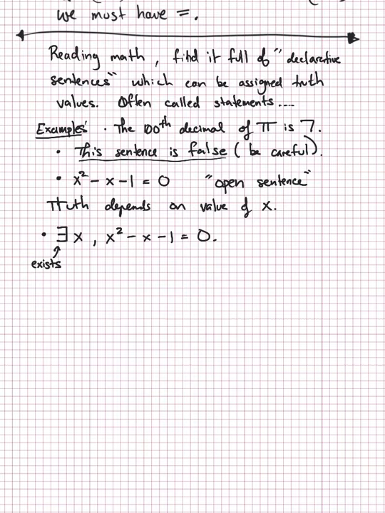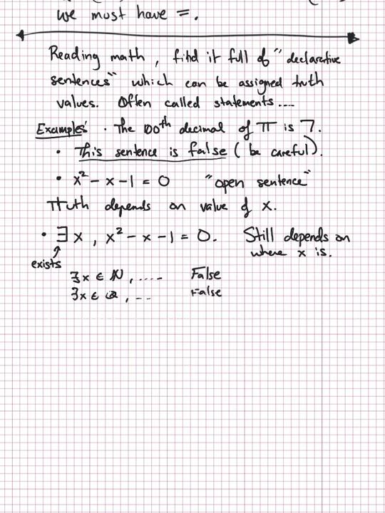But even here you have to be careful. It still depends on where x is. So what is x an element of? In other words, you have to specify a domain for x. So if I said there exists an x in N so that this statement holds, then this would be false. There's no natural number that satisfies this equation. Even if I said there exists an x in the rationals, then this would still be false. But then if I said there exists an x in the real numbers,